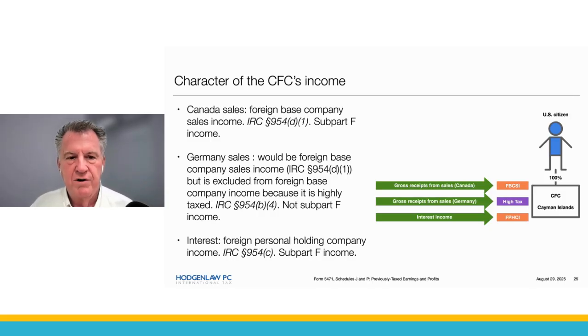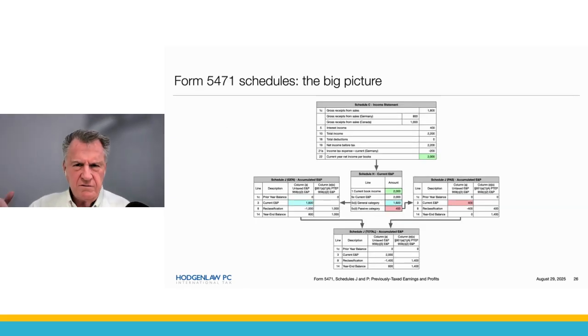Finally, this category of foreign personal holding company income for the interest. Foreign personal holding company income is classic passive income, unless you're actively engaged in being a bank or something like that, which we're not. Foreign personal holding company income is foreign-based company income is subpart F income. Done. So all of these items are going to be includable in the gross income of the U.S. citizen under Section 951(a)(1)(A), subpart F income. Now,